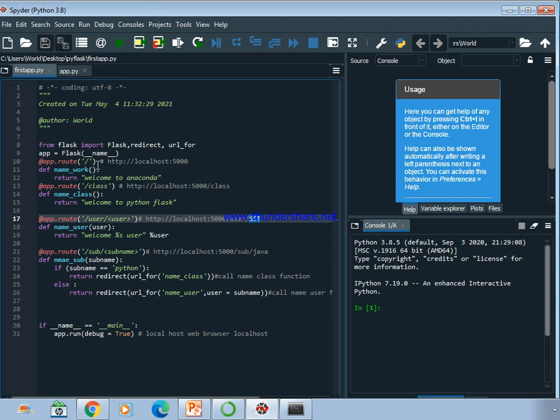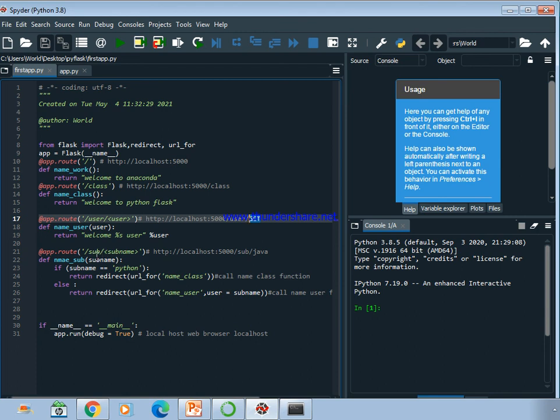So far what we have seen is the simple root without any path extension, and with one path extension, where whatever values you give in the path are reflected in your content. That also we have seen. The last one is going to redirect to another method available within this Python Flask program. Here I have given a separate path which is slash sub.